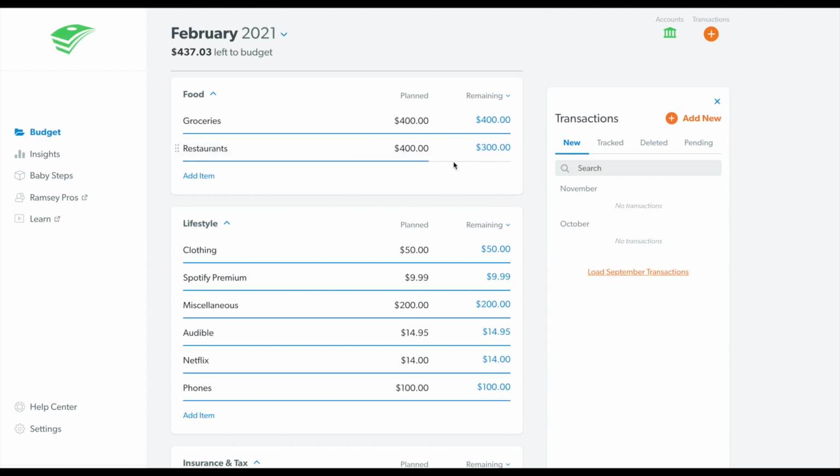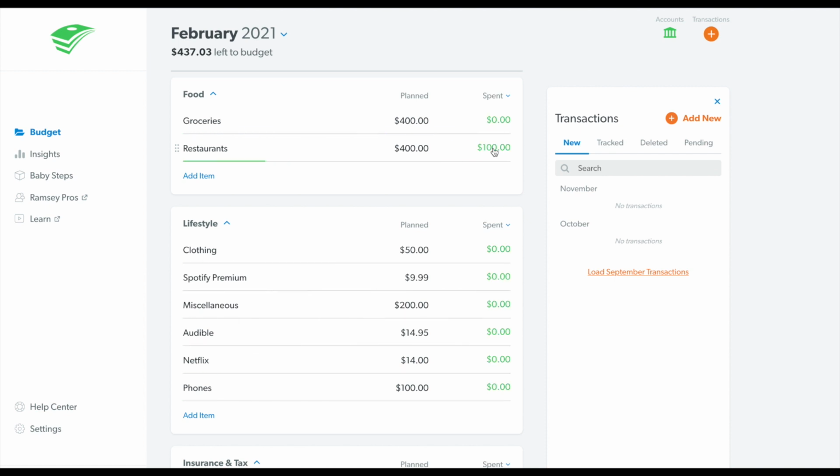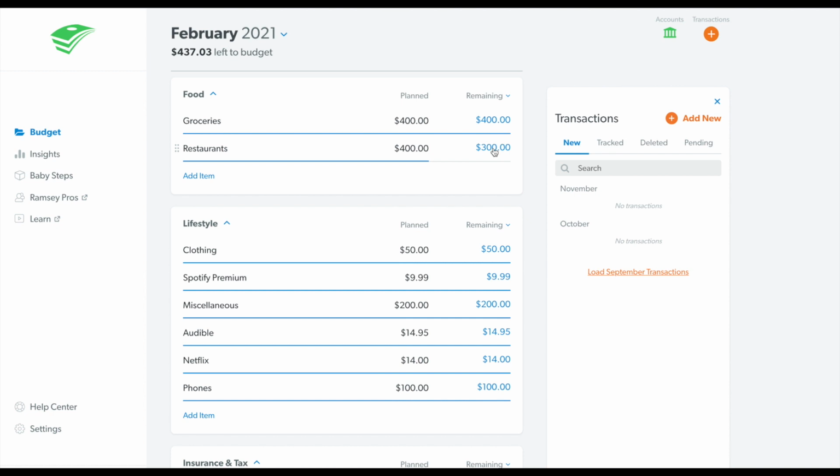Drag it in there. You'll see $300 remaining. And if you click on that amount, you'll see how much you spent. So we spent $100 in restaurants so far. We have $300 remaining. So in the transactions area here, if you connect your accounts, I have EveryDollar Premium, so